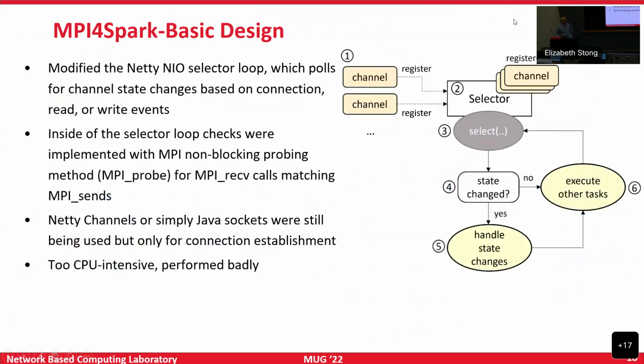The first approach that we took was, this figure is complicated. What this is basically showing is the select system call, right? If you have programmed with non-blocking sockets in C, then this select function would make sense. What this system call does is, if I am a process, I can register with multiple sockets, and then I don't have to call the receive function.